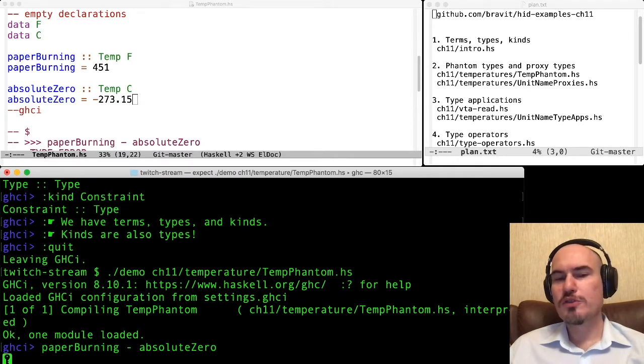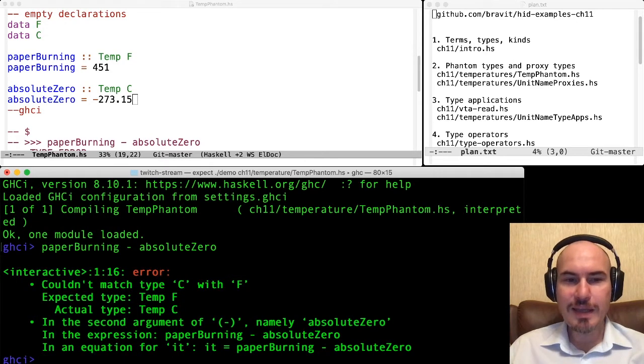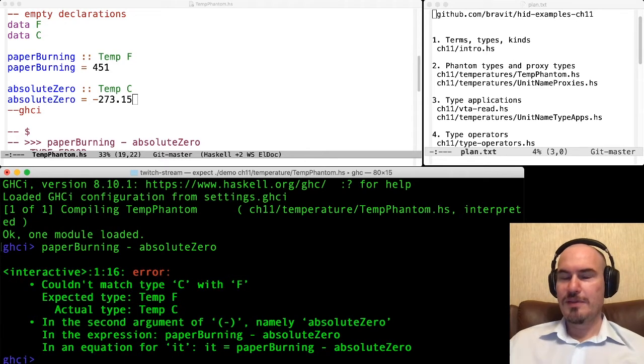Is it possible to do something like that? We want to subtract one temperature from another. These two values have different types. The first one is Temp F, the second one is Temp C. So the types are different, and we clearly have a type error.